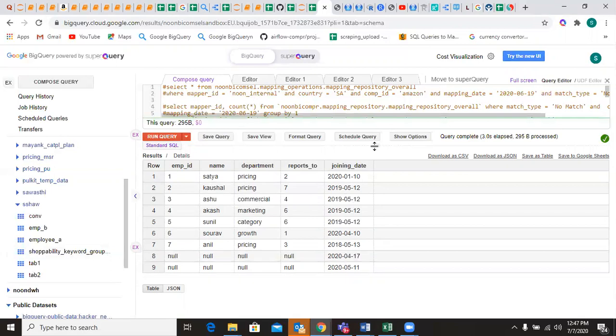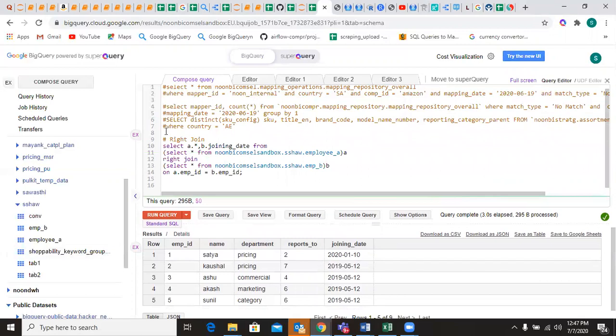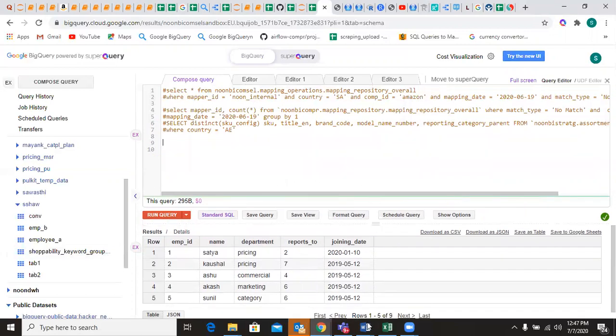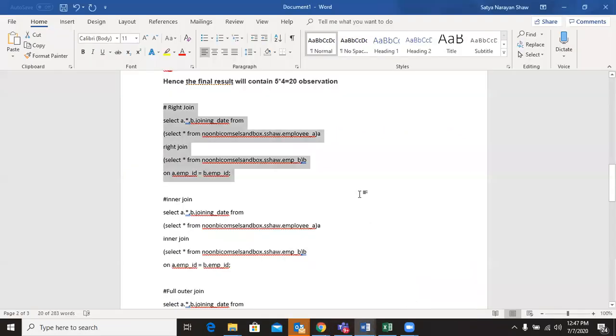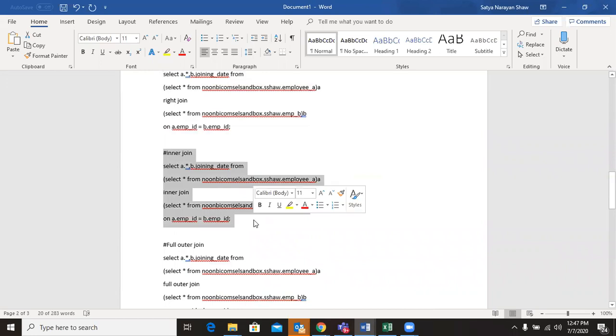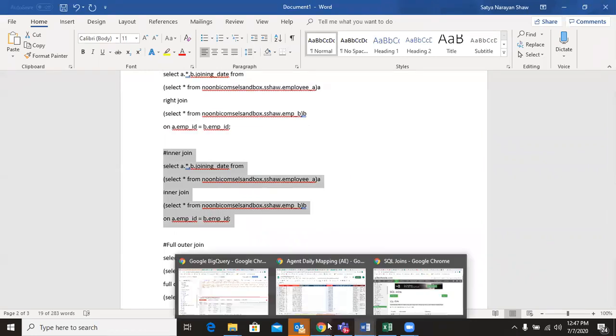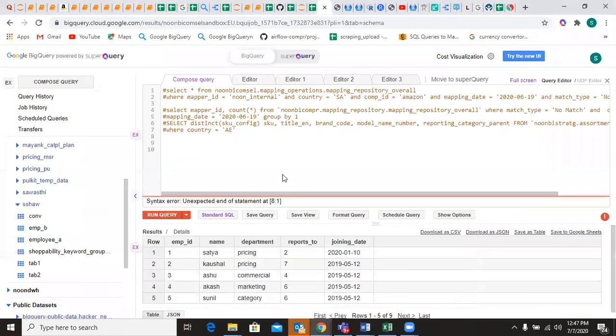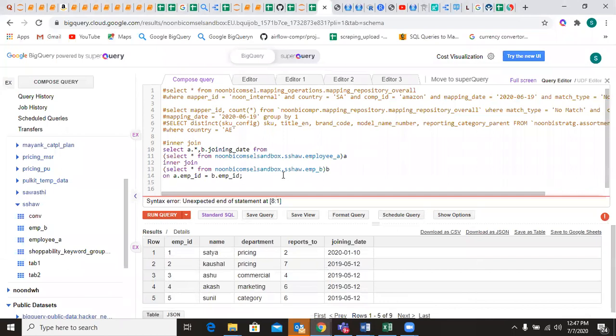So guys, we have covered left join and right join. Now let's go to the other type of join, what we call inner join. Inner join, as we said, gives us the common fields, the ones which are present in both the tables.